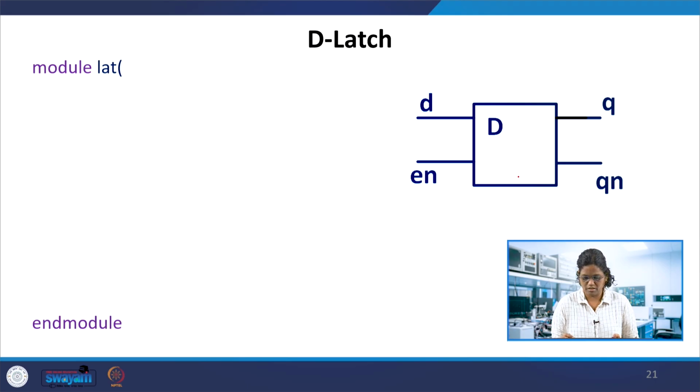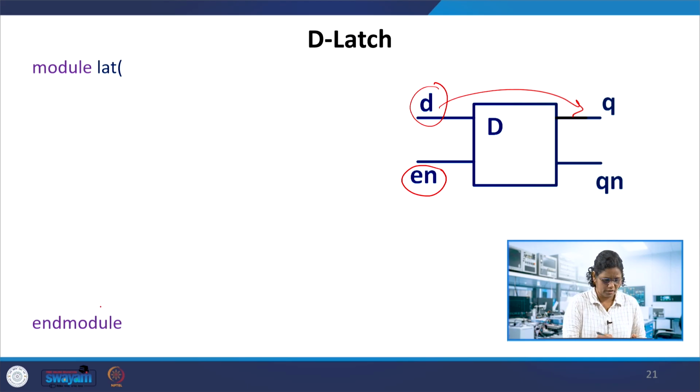Okay, so here you can see the clock is replaced with an enable; it does not have the clock symbol here. So it is an enable, this is level triggered, and whenever enable is 1, whatever the data change is, the data would be transferred to Q. Okay, and it's complemented. So there is no reset involved.